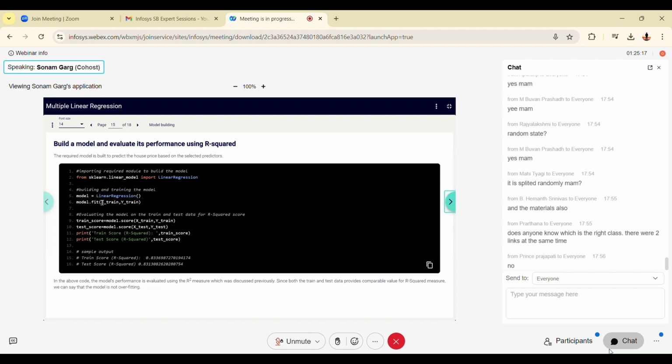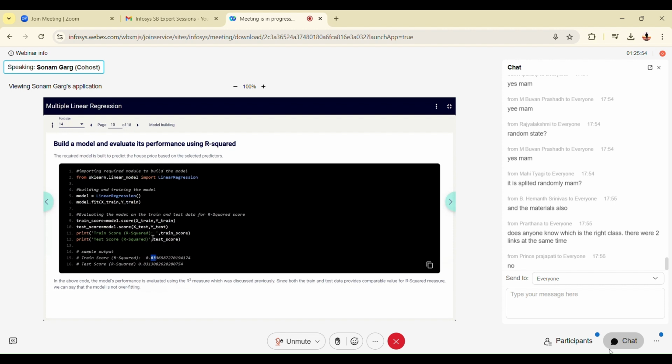Import linear regression. Now see, model dot fit x train y train, only the top 80% of the rows we have taken. Find the score of the model on the training data set. That means we are checking the performance of the model on the training data set. So the training score is coming to be 0.833. That is 83% variability, you can say. Now if I check the model score on test data, it's coming to be roughly the same, 0.83. If I take it to 2 decimal places, 0.83, 0.83.